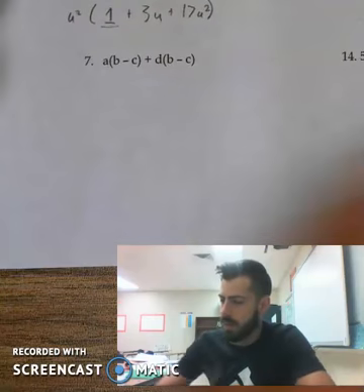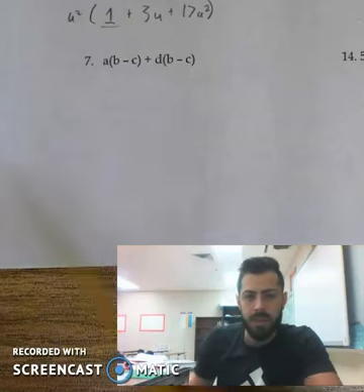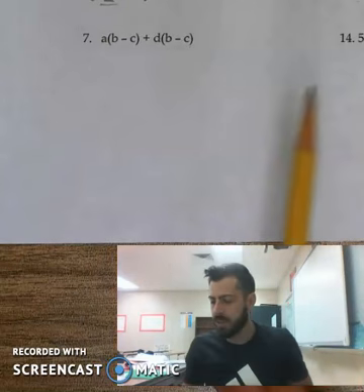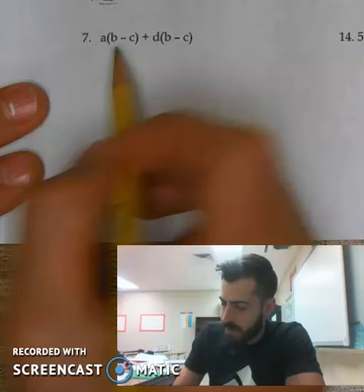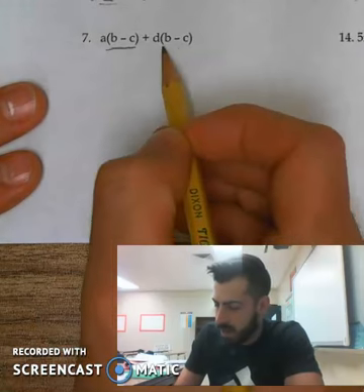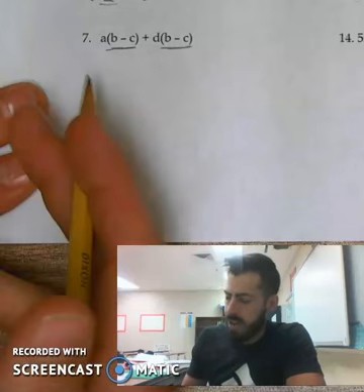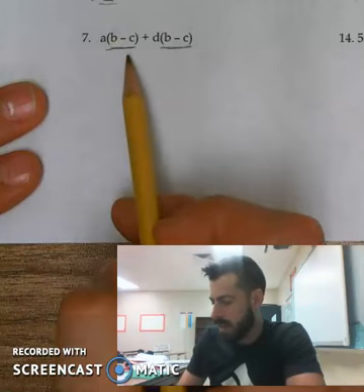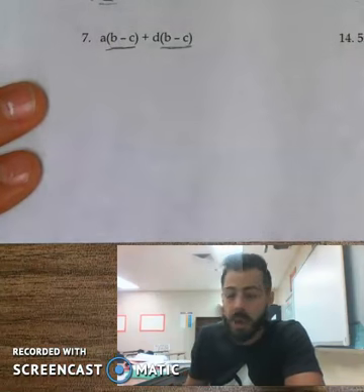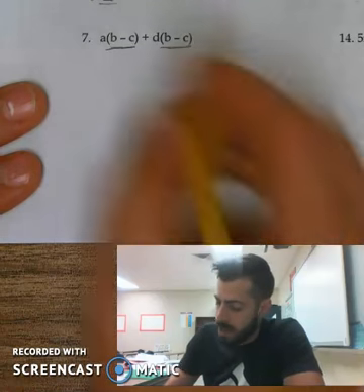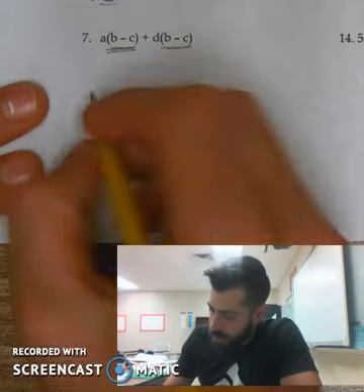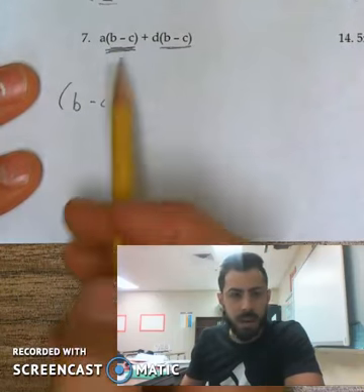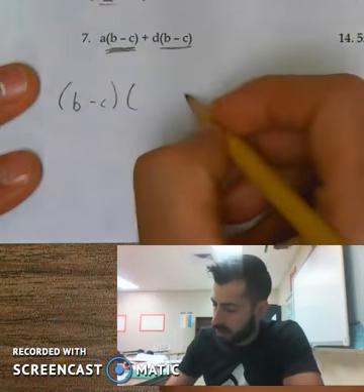7 offers sort of a new wrinkle. This one, it looks like, at first glance, it's got both B and C in common. But if you're paying attention, really, the entire value of B minus C is something that the expression has in common. So what we're able to do, instead of trying to factor out a B and then a minus C separately, that wouldn't work. What we're able to do, which is a lot easier, is just factor out the entire thing. So we can take this B minus C out of our expression,